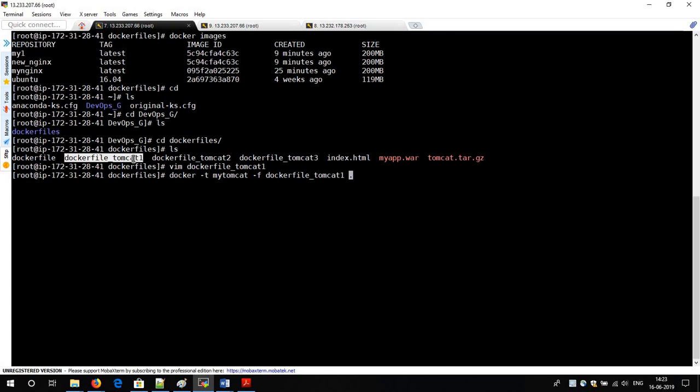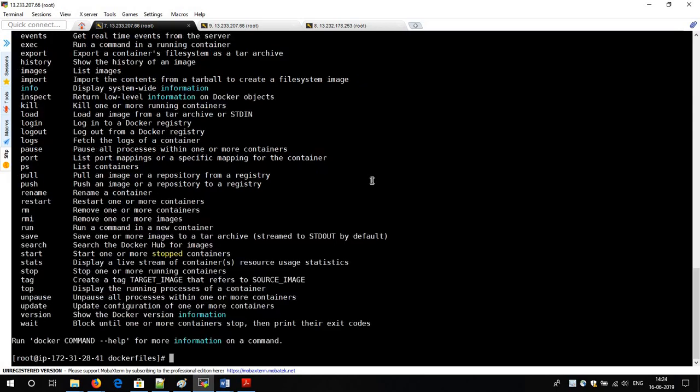So now what it will do, it will search for the Docker file with the name of the docker file tomcat1, which is already present in my current directory. So I have given dot. So now if I will run this one,